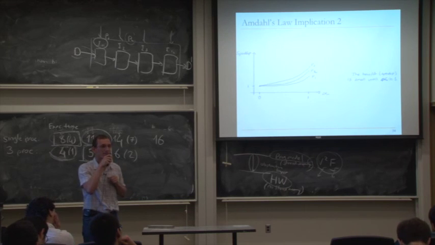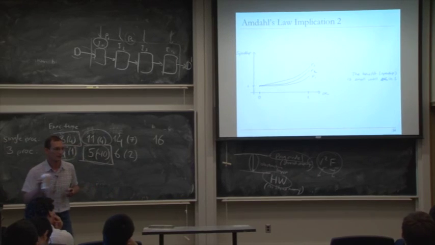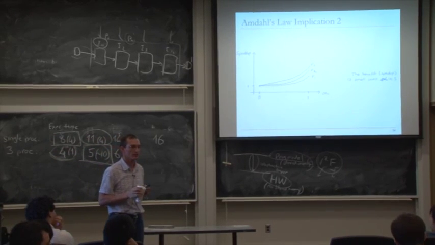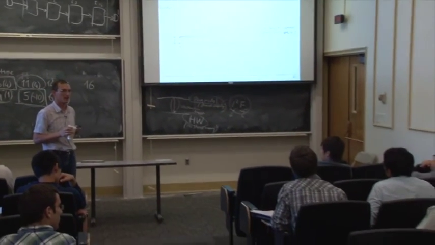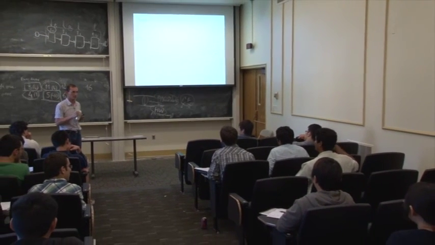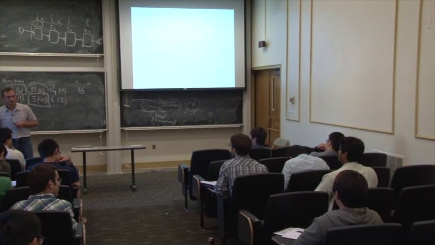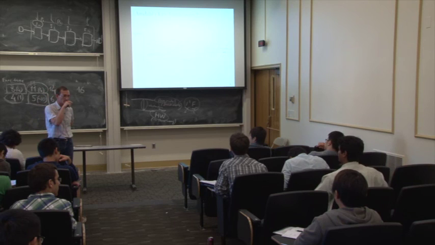Right. Yes? So, alpha will have a different interpretation based on the number of processors, right? If I have 3 processors and a given program, then I should look for the part of the program where there can be 3 parallelizable threads. Let's say I have only one program. I run it on a two core system. Then there will be some particular alpha. But if I run the same code,